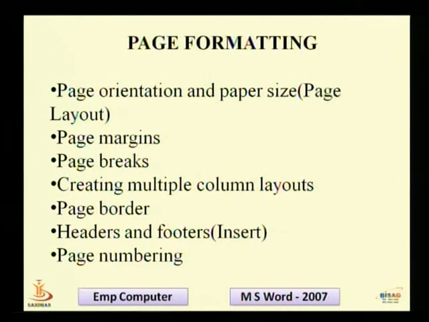Now when we type something in the document, we want to take a printout. Ultimately our objective is to take the printout, the hard copy. As we know, what we see on the document is printed with the help of printers. That is why page formatting is a must, because there are various types of pages, so the alignment must be set. Let us see about page formatting, which will be better for understanding.